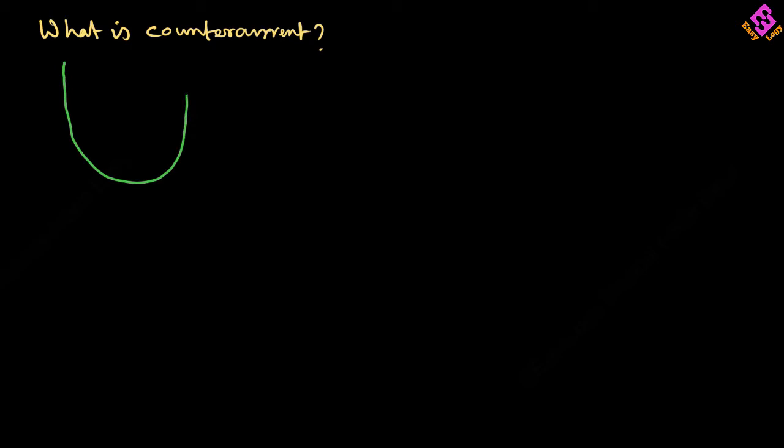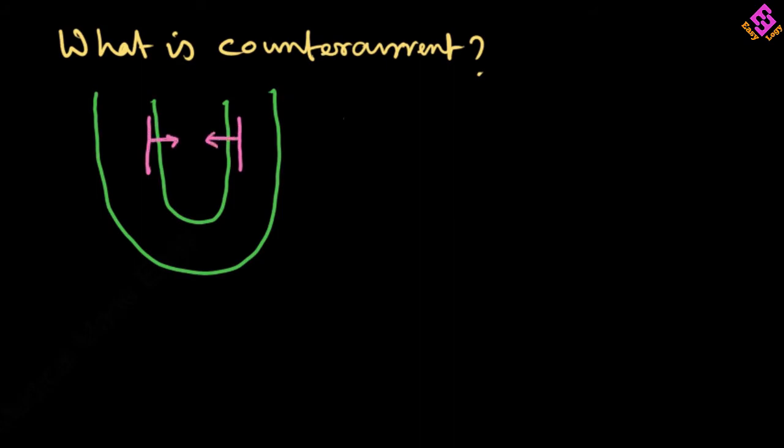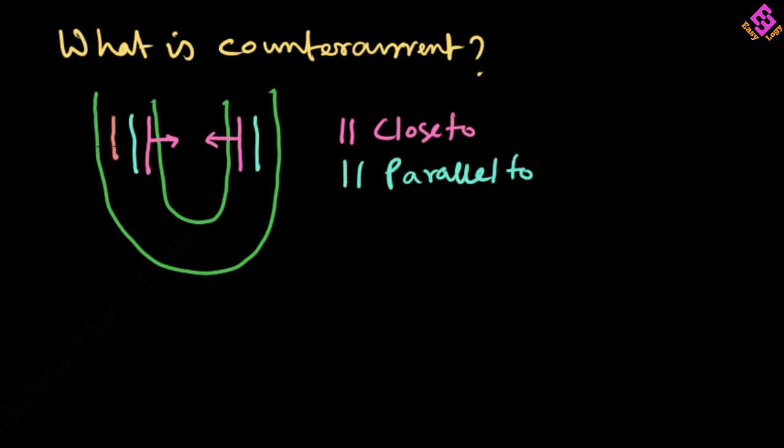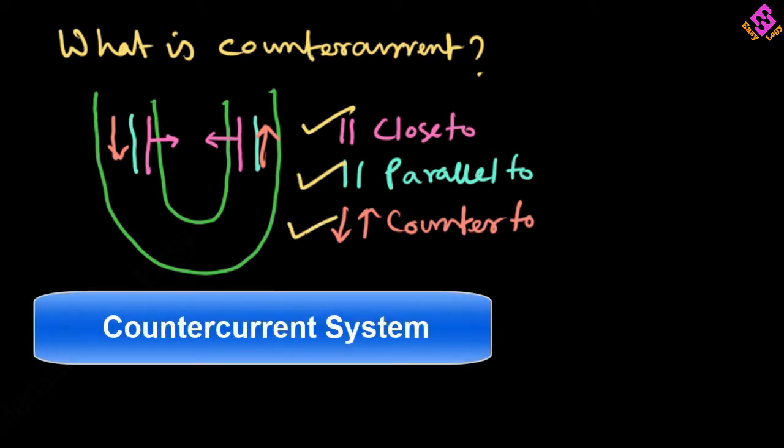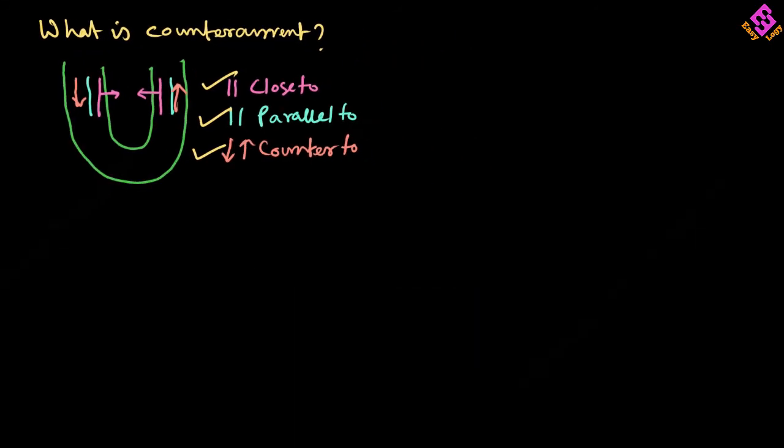In a U-shaped tube, suppose this is a U-shaped tube, when the flow is close to each other, parallel to each other, and counter to each other, then it's called a countercurrent system. You know that osmolarity of interstitial fluid in almost all parts of the body is about